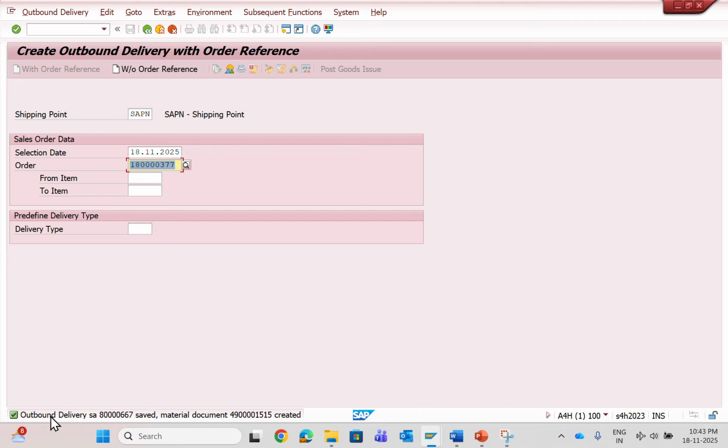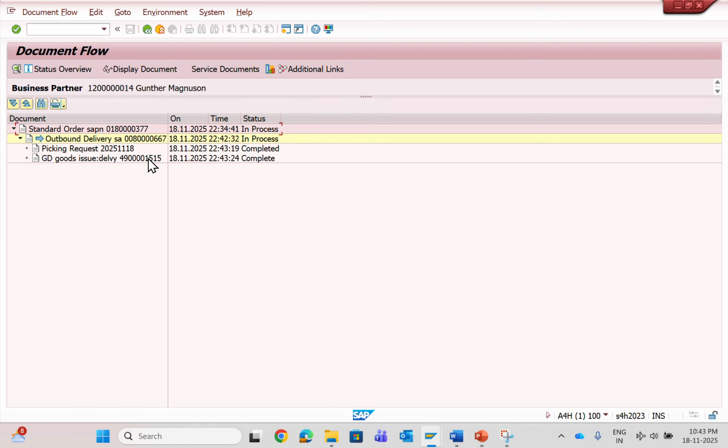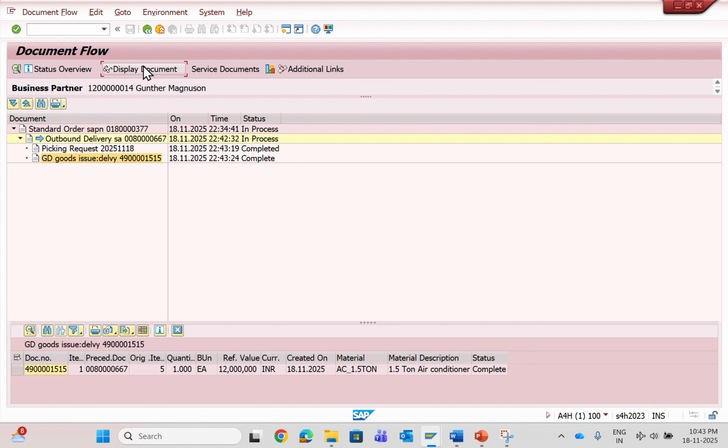Now you can see delivery is saved, and the material document is also created. So the delivery is saved and the PGI document is also saved. If we check the flow, let me go to the flow. So this is the sales order, and then we have created the delivery, then the picking, and then we have done the PGI. Okay, if you look at the PGI document,